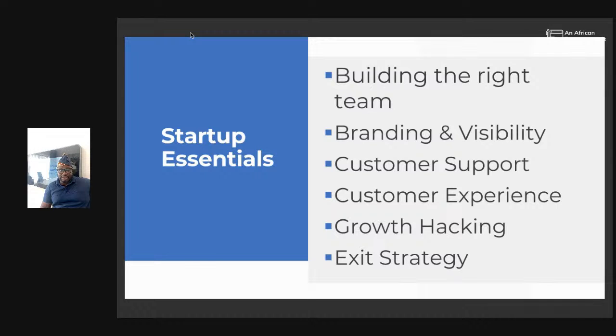We'll tell you the point of technology, and so many other points that you can use to hack your growth. Hacking your growth basically means sudden growth in the customer base that are using your product and even paying for it. So you need to have a strategy around that. We're going to break it down into another 5 different modules that will help you navigate all of this, so that at the end of the day, you can be sure you are going to have customers. That is why your partnership from day one is very key.